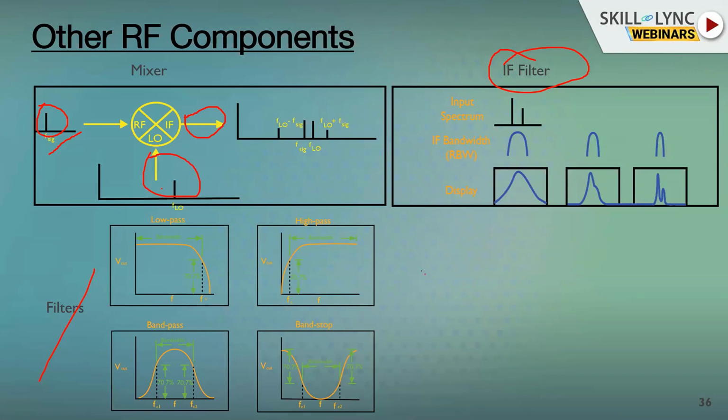For example, you have a sine wave, right? If you do sampling like this, what will you get? You will get a sine wave like this. If you do multiple sampling, then you will get an almost exact sine wave. Similarly, it works here also. With the IF filter, if you keep on reducing the IF bandwidth, then you will get the exact signal.